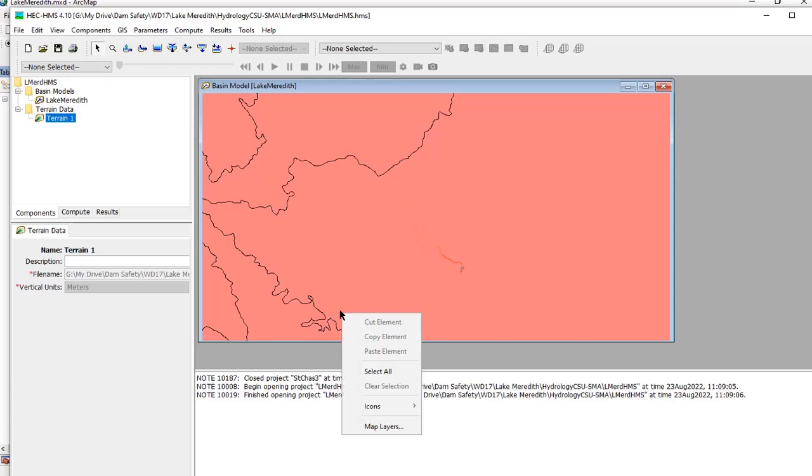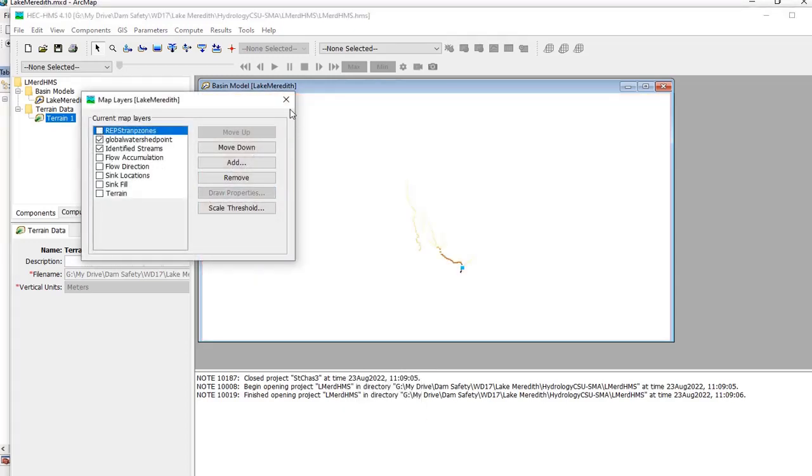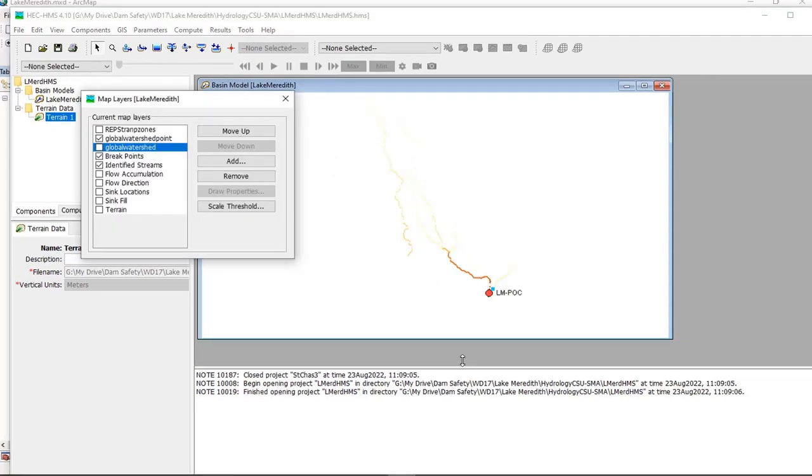Okay, so I'm going to turn the REPS transposition map layer off because we're not using it in this case, since this basin is in the eastern plains, foothills region. It's a fairly homogeneous climate region. What we do need to do in this test case is the partial area analysis. So if you recall from